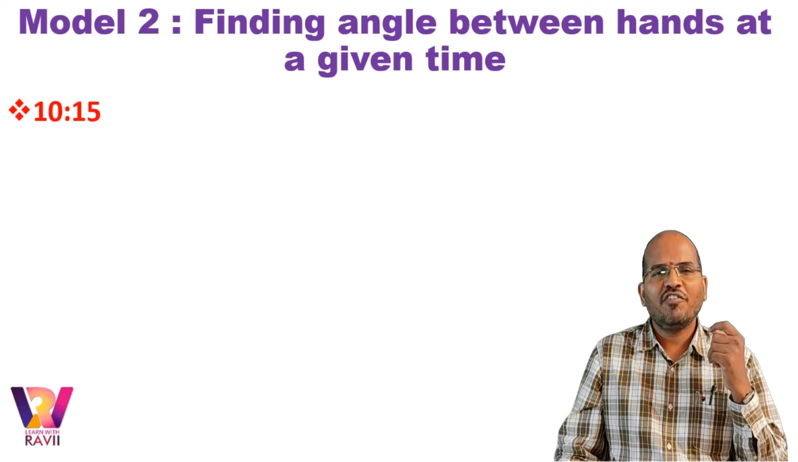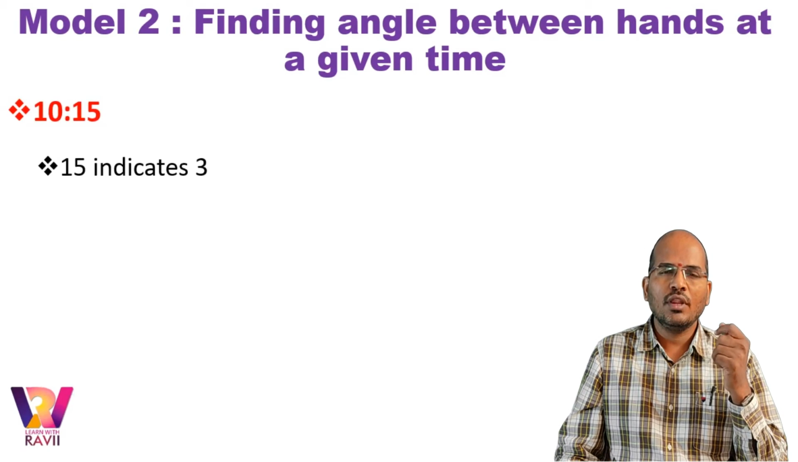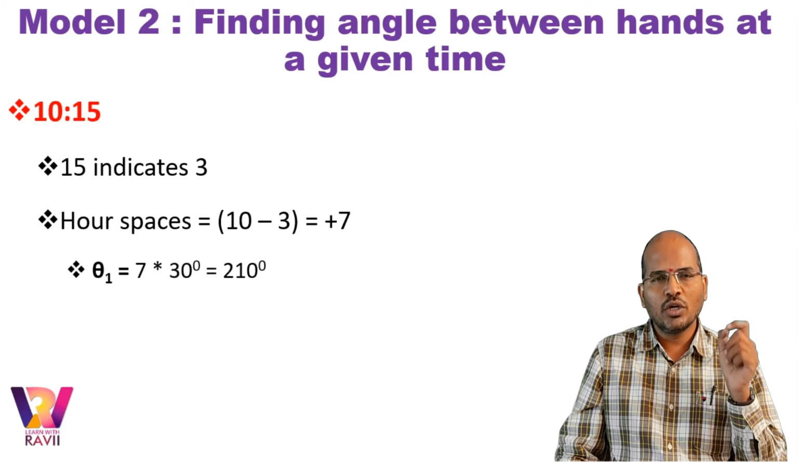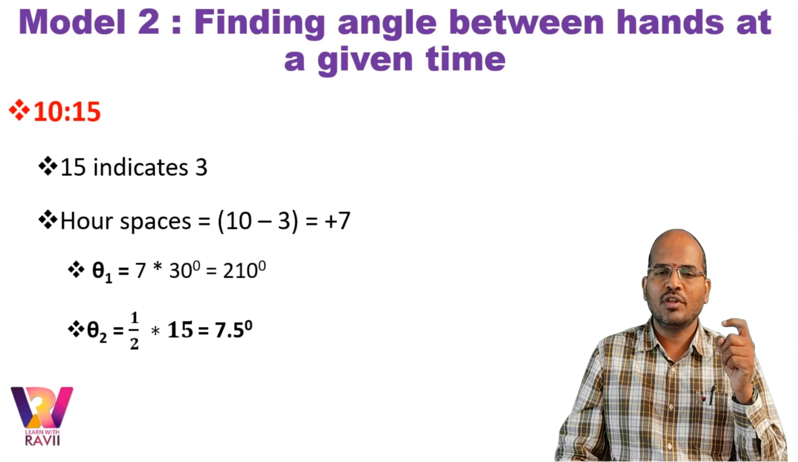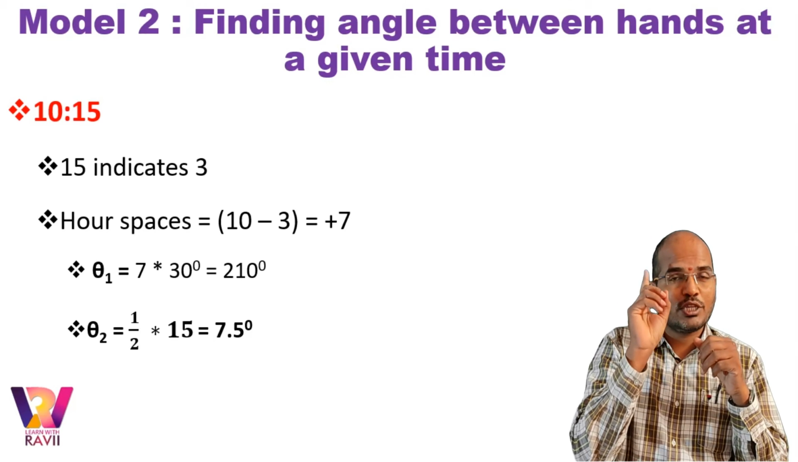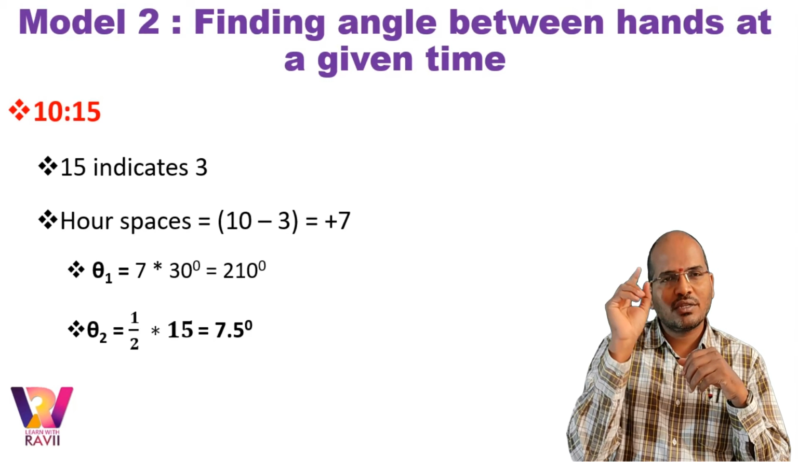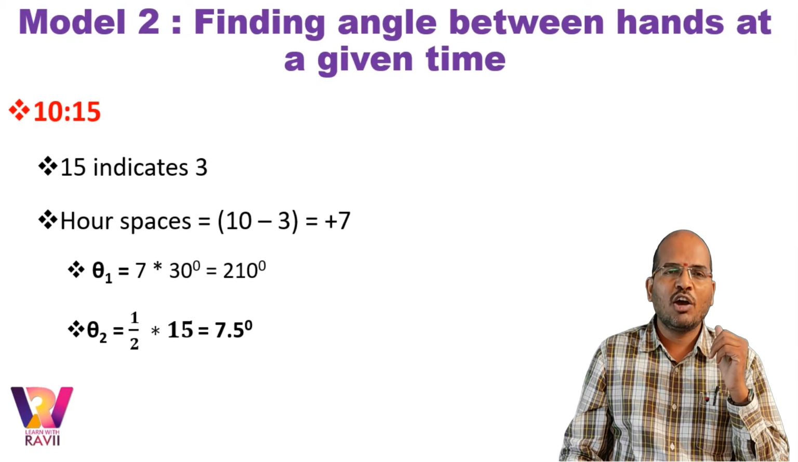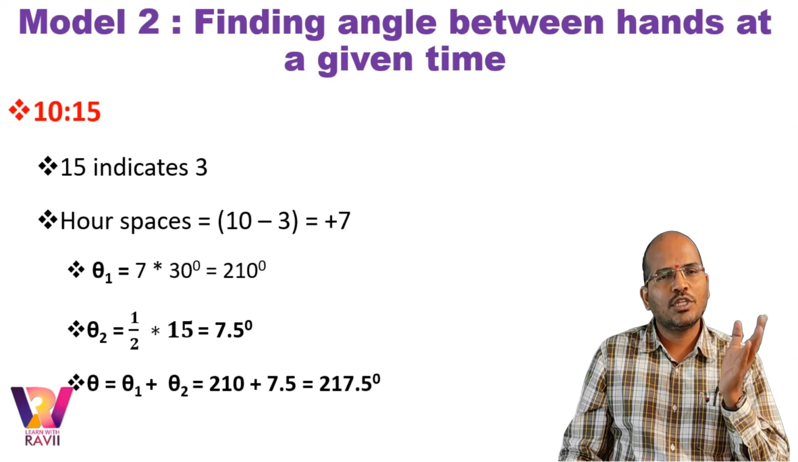What is that? If the time is 10:15, 15 indicates 3. So the number of hour spaces, 10 minus 3, is 7. The value 7 is a plus value. Is this yes or no? So 7 hour spaces has 210 degrees, and in that 15 minutes the angle made by the hour hand would be 7.5. So you got 210 as theta 1, 7.5 as theta 2. And as the difference is a positive value, 10 minus 3 is plus 7, right? Because it is a plus 7, please add theta 1 and theta 2 to get the final answer,